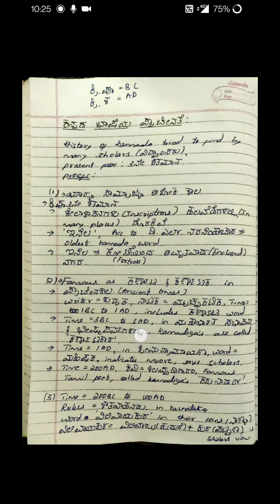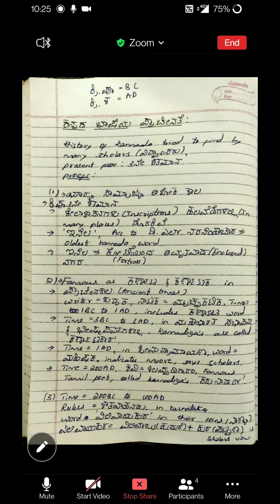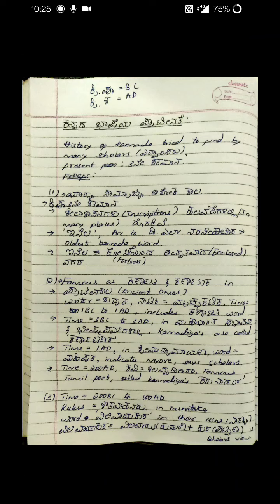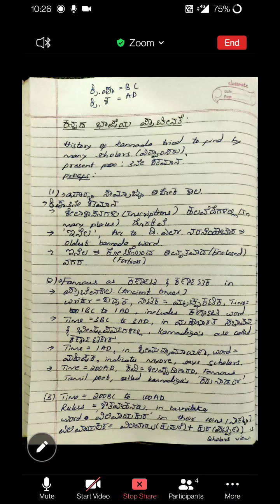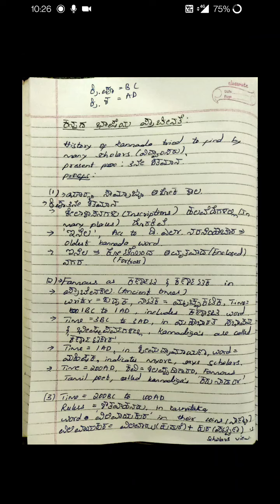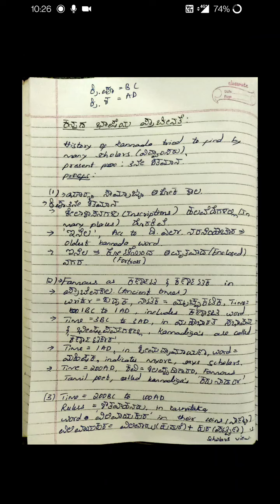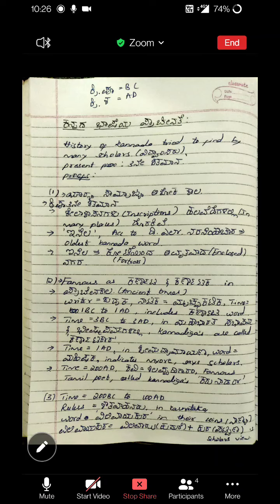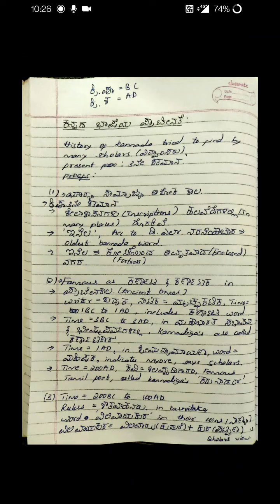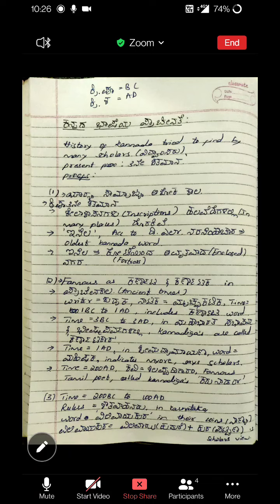Writer Shudraka, in his drama Nataka Mrucha Katika, during 1 BC to 1 AD, included the word Karnataka. The next proof we have is during 3 BC to 3 AD, in the Mahabharata and Bhishma Parva. In this, the Kannadigas were called Karnatakara. Even in the Mahabharata and Bhishma Parva, Kannada words are mentioned. The Kannadigas were referred to as Karnatakara in these books.